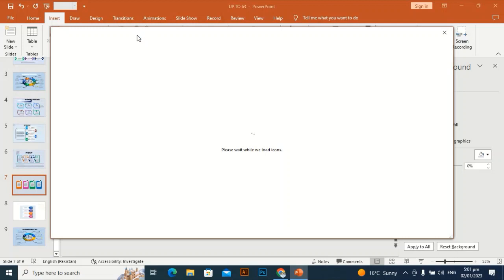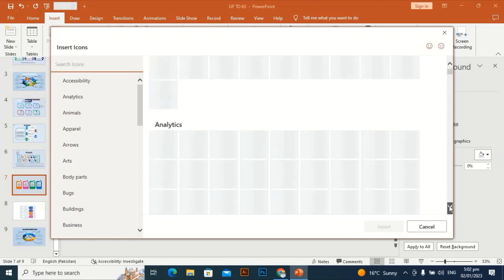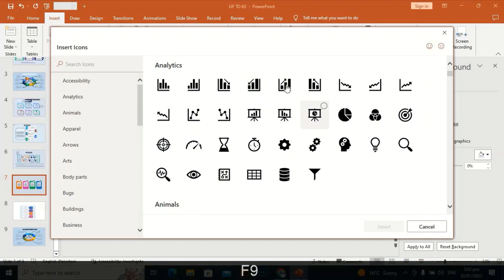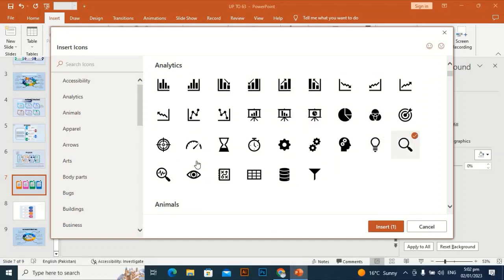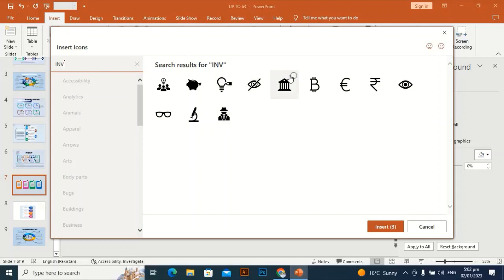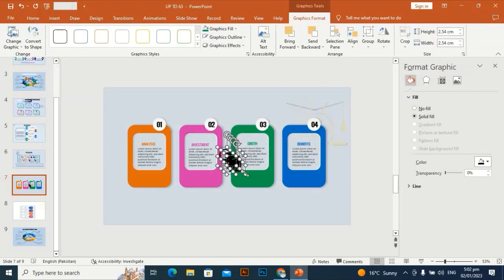I'm going to bring some icons. I need icons for a business. You can find an icon according to your text by typing the text in the search icon tab, and you can find any type of icon in this icon tab. Just type in the search tab at this left side, and I'm picking my icon from here. I need 4 icons. Investment icon, this one is okay, and I'm going to bring it to the slide